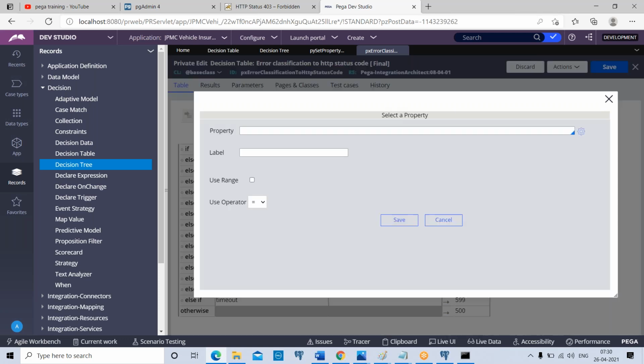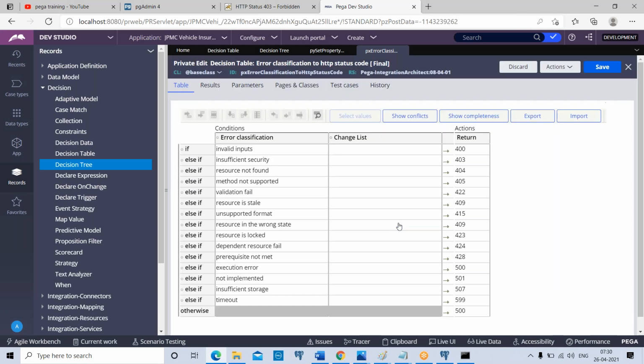When you choose the property, you have operators: is equal to, less than or equal to, greater than or equal to, or you can choose a range, such as greater than, less than, range. Otherwise you can go ahead with any of these logical operators, like equal to, less than or equal to, greater than or equal to.